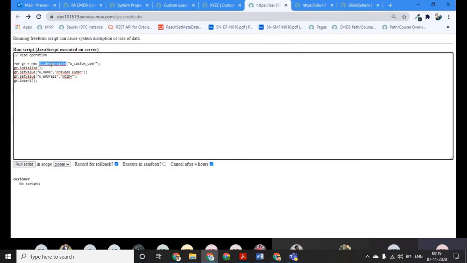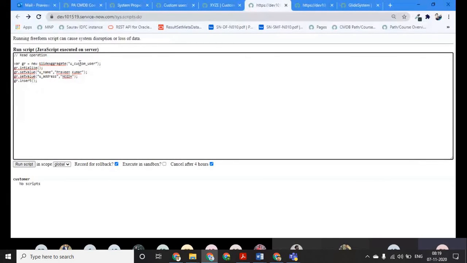So now we will use GlideAggregate. GlideAggregate is similar to GlideRecord, but it gives you some advanced features which are not available with GlideRecord. What kind of advanced features does it give us?